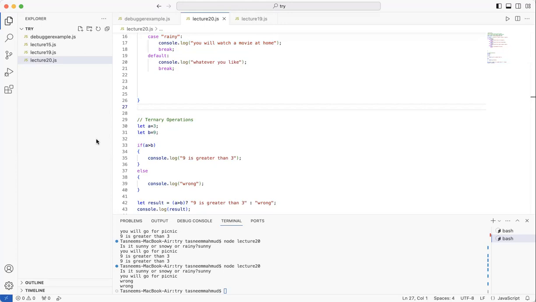So what have we learned? We've learned about debuggers, we've learned about switch cases, and we've learned about ternary operations. Now, I will ask you this. What do you think about all these conditional statements? Does having different kinds of conditional statements make it easier to code or make it more confusing? Yes, Salva, you have a question? No, it's an answer to your question.